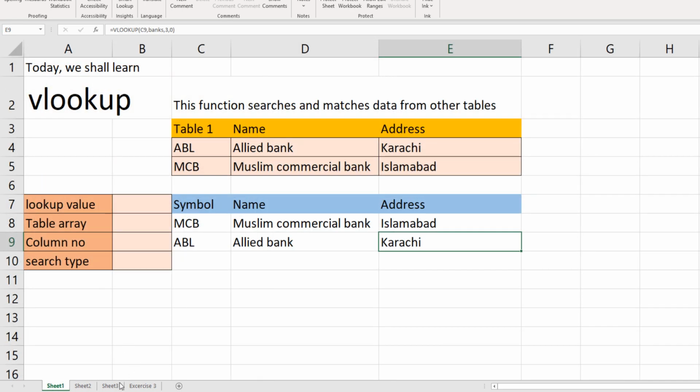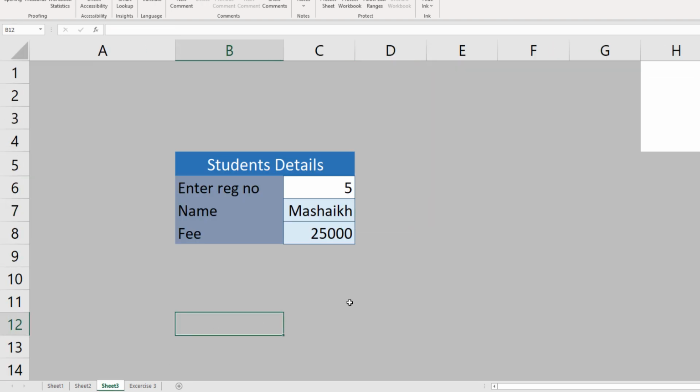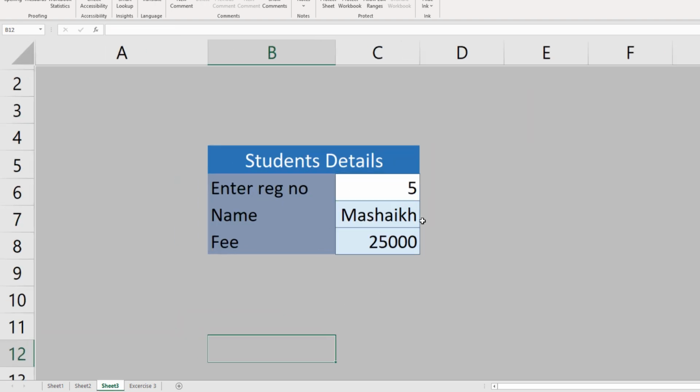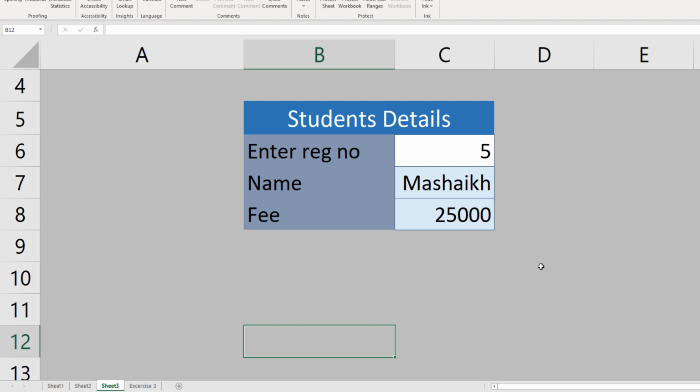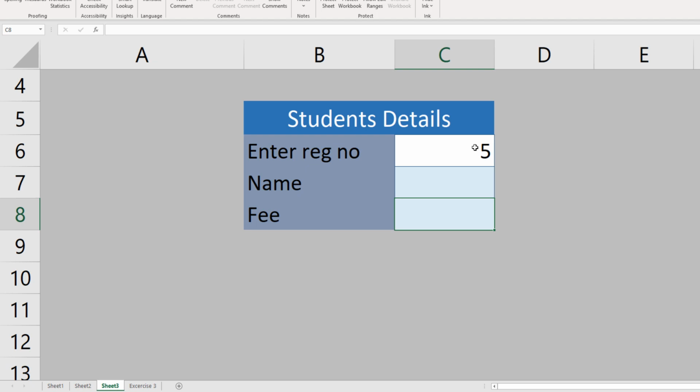So let's create a VLOOKUP search box like this. The idea is that we ask the student, what is your registration number? He says my registration number is 3.